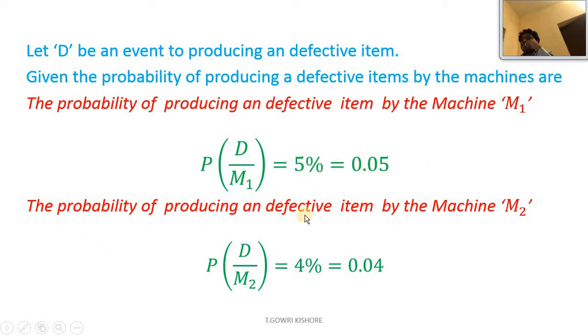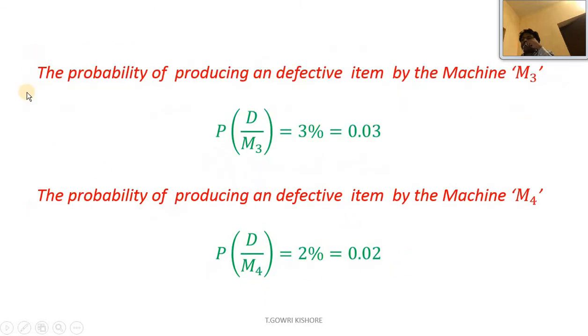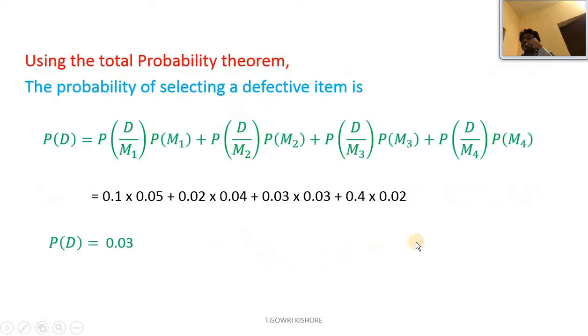The probability of producing a defective item from the machine M2 is equal to 4%, 0.04. Probability of a defective item from the machine M3 is equal to 3%, equal to 0.03. Probability of producing a defective item by the machine M4, therefore probability of D by M4 equal to 2%, that is equal to 0.02. Using the total probability theorem, the probability of selecting a defective item is, so this is